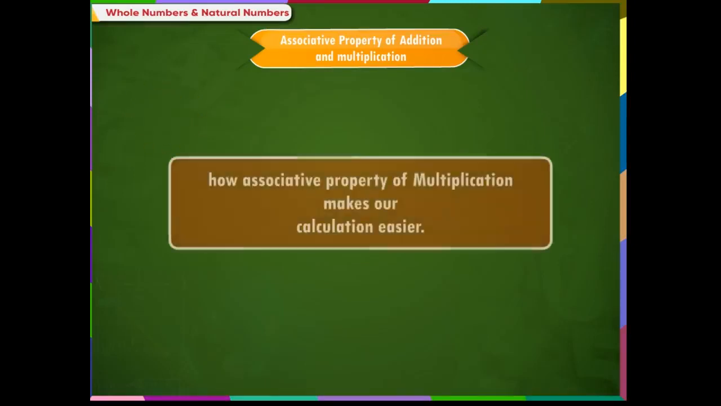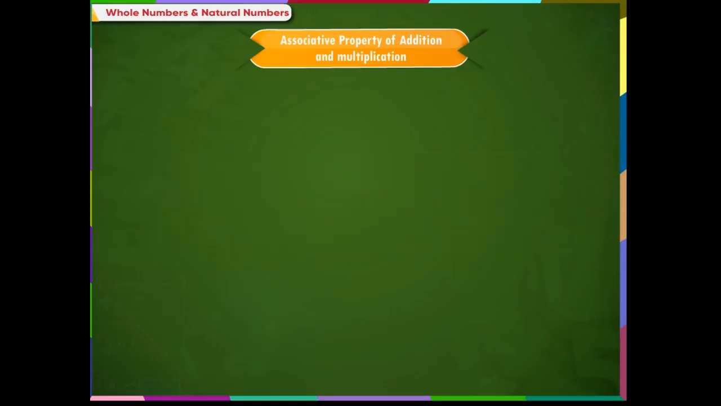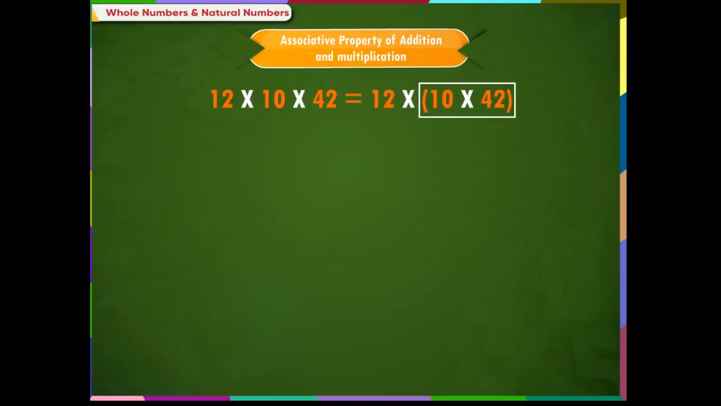Let us now see how associative property of multiplication makes our calculation easier. Example 2. Multiply 12 into 10 into 42. To multiply these 3 numbers, we can associate the last 2 numbers. That is 10 multiplied by 42 in bracket multiplied by 12, which is equal to 12 multiplied by 420, which gives